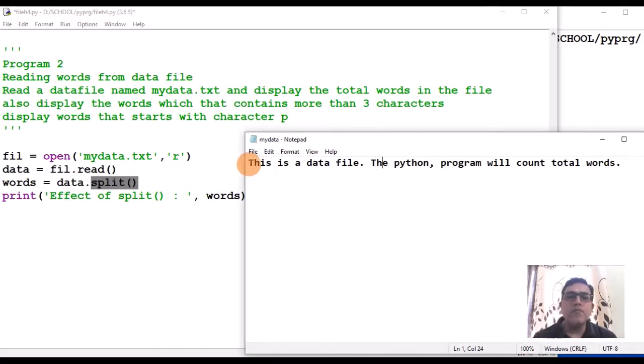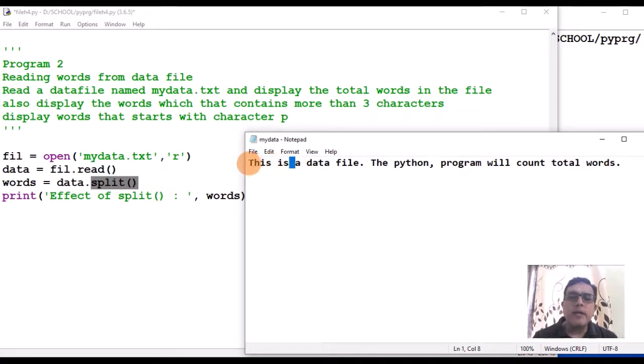What it will do: from this to this, it is treated as one word. How? Between two spaces, or between the start of the file and the first space, everything is treated as a word.